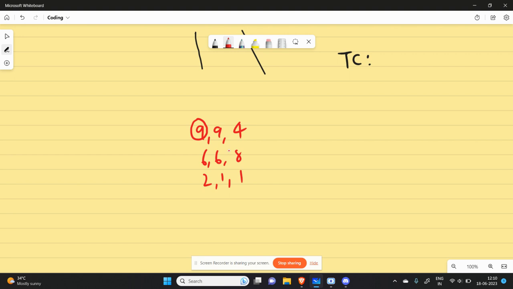Can I go to the next cell? If it is possible to go to the next cell, we are just incrementing our count. So this count simply represents the path that is possible, or the length of the path that is possible. Let's say from this 9 I can go to this 9, then the length of the path would be 2. Okay, so considering the worst case scenario, it could be a case like